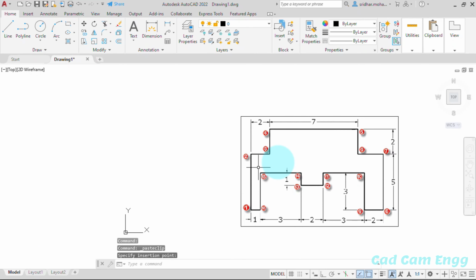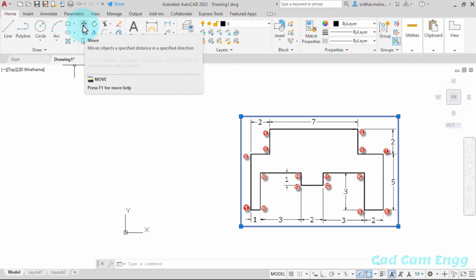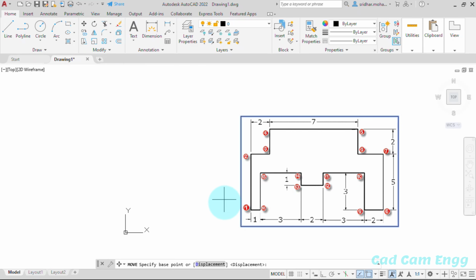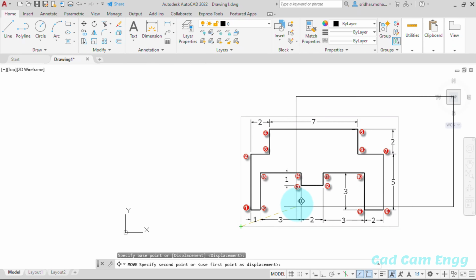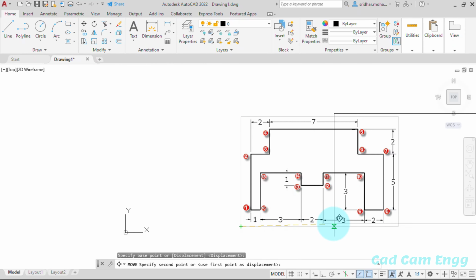So now you get that real image in your graphics area. Then if you want to move it or anything else, you just select it and use the same CAD commands. So I select the move command, select the corner, and move it wherever I want.